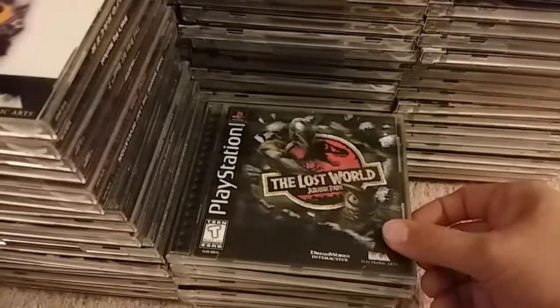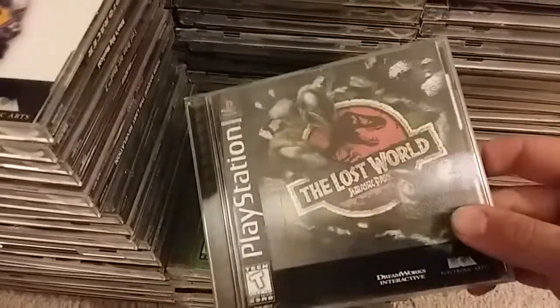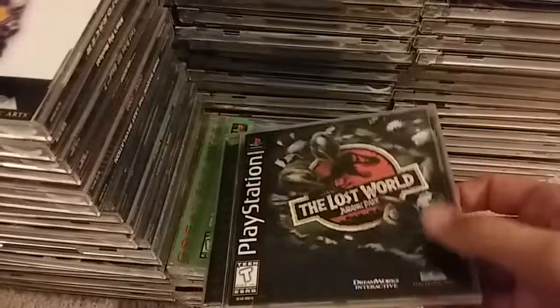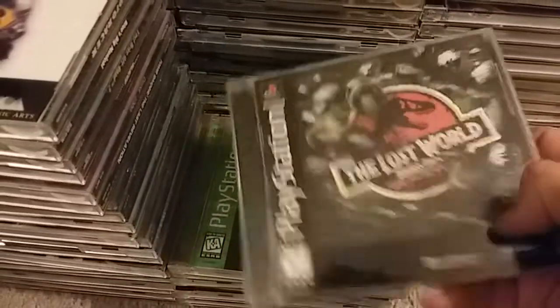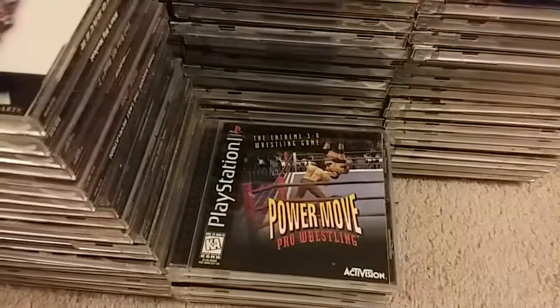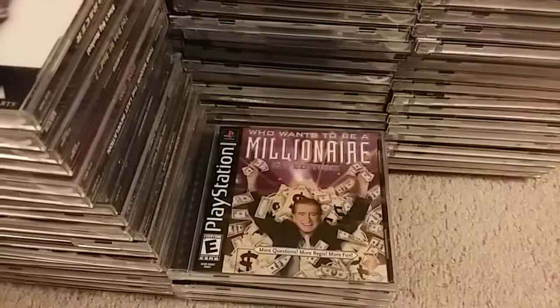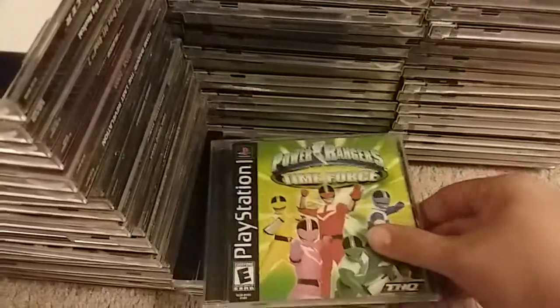The Lost World Jurassic Park, which actually has a little 3D cover. It's kind of hard to see it on camera. You can sort of see it. In great condition, and this was an interesting game. I really love that 3D cover they have on there. Really cool. Air Combat, Power Move Pro Wrestling, Who Wants to Be a Millionaire 2nd Edition again, Power Rangers Time